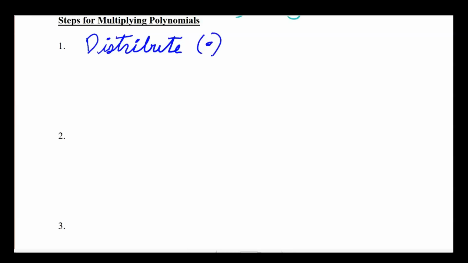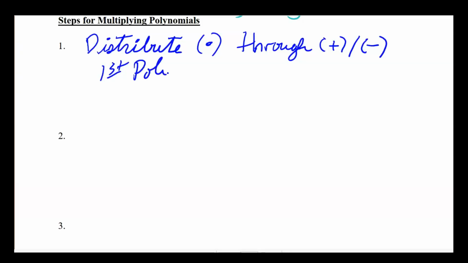So you need to distribute multiplication through plus and minus. Because polynomials are plus minus numbers most of the time, and then we're trying to multiply them, anytime you're dealing with different orders of operations, you have to do some kind of distribution. So we've got to distribute through the plus and minus. So usually that means we're distributing the first polynomial